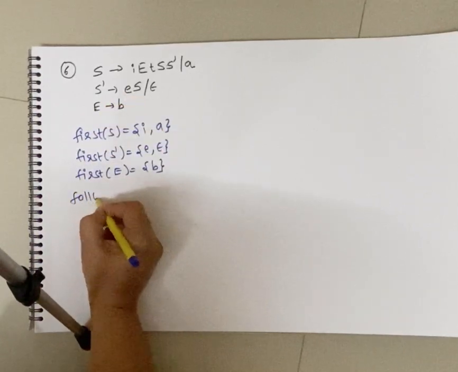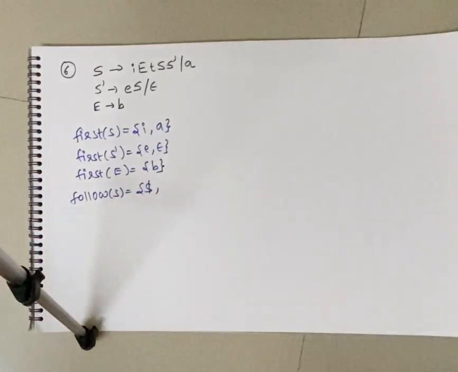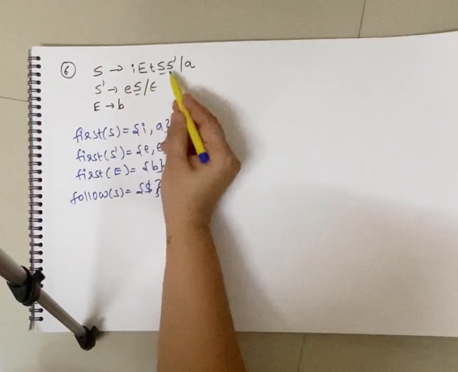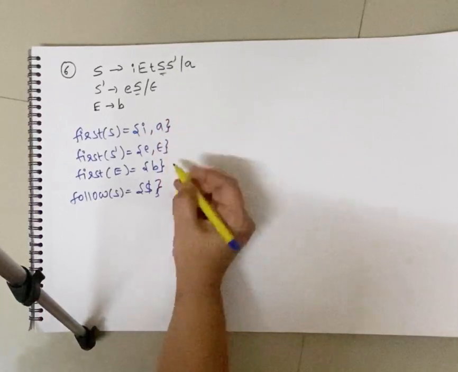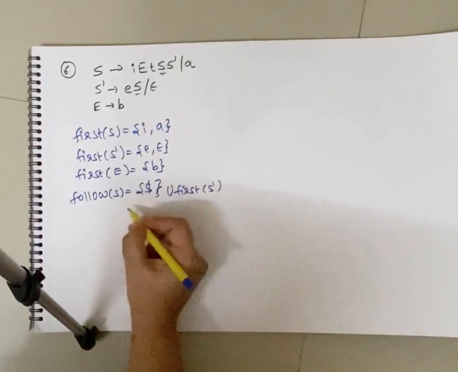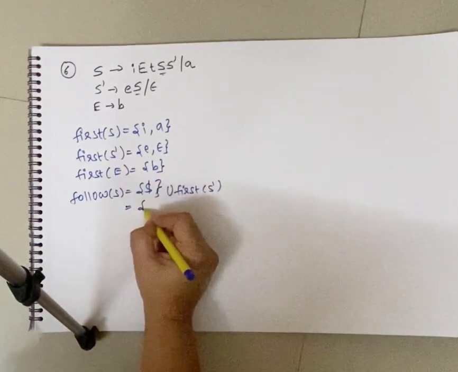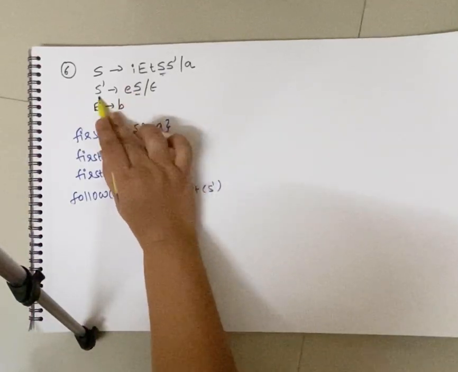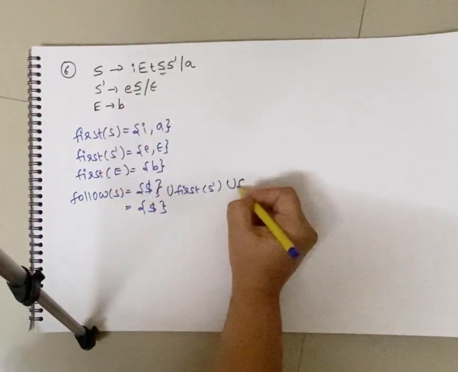Follow of capital S is, by default, dollar is going to be there. Now you have to observe S is there in how many rules on the right hand side? 2 rules. If you observe this rule, according to this, follow of S is first of S dash. What is first of S dash? It is small e and epsilon. So dollar is going to be there. According to this rule, follow of S is going to be follow of